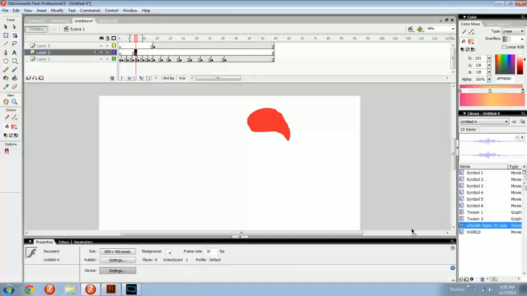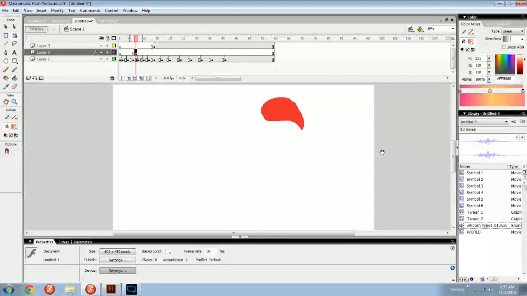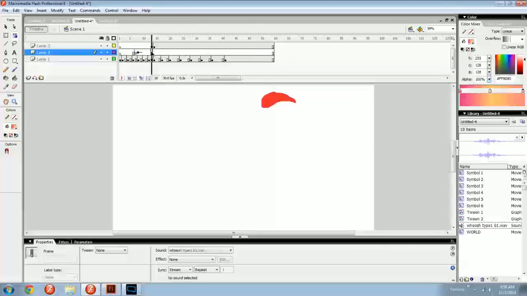You can either click here, drag it out to the stage, drag it out. No, you can't do that. You gotta drag it to the stage. Or you can click here and drag it. And then, there it is. It gives you a waveform. It's blue in this version. Sometimes it's orange in the later ones. Or no, purple maybe in like